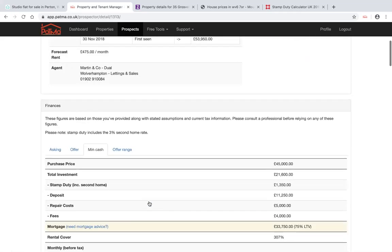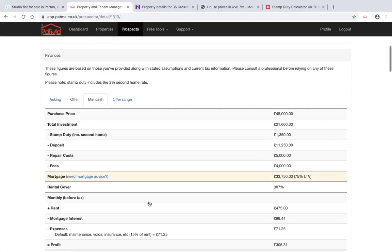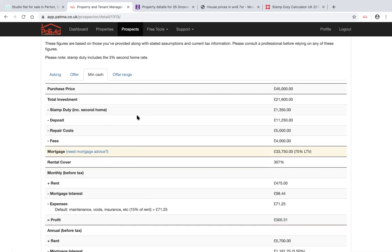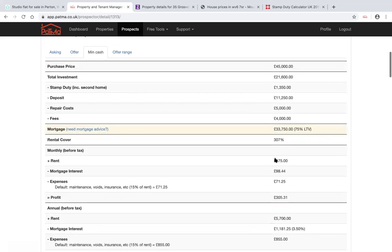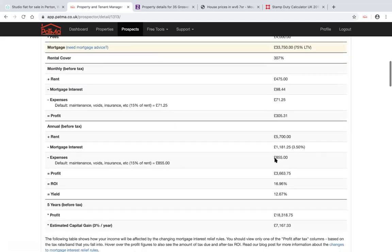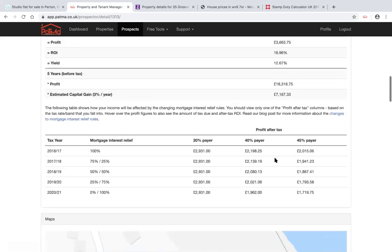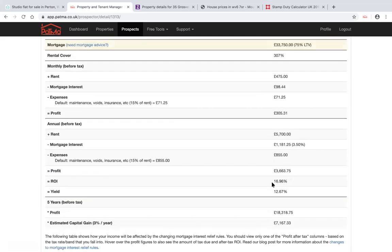Okay. So now you can see that it's done its valuation and it gives you the full breakdown of the details. So it's got the stamp duty here, deposit, repair costs, fees, mortgage, obviously we're doing this as 75% loan to value, rent, interest, expenses, etc. I still do recommend that you do a manual return of investment calculation. I do have a manual sheet where you can fill in the details, which is very good practice anyway. So this gives you the full breakdown, and it's saying the return of investment is 16.96 with a yield of